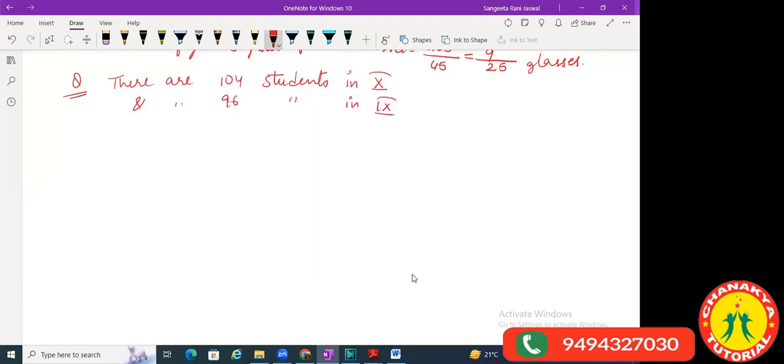In a house examination, the students are to be evenly seated